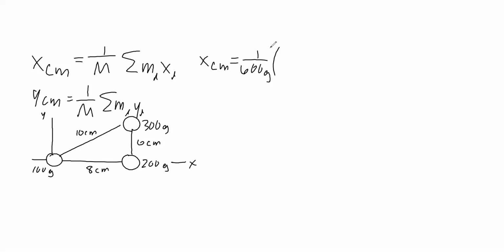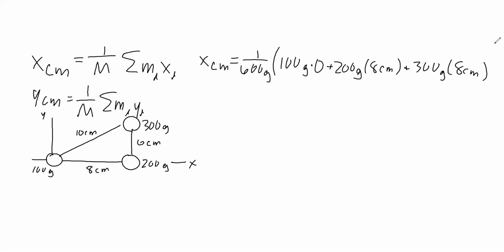It'll be 100 grams times 0, plus 200 grams times 8 centimeters, plus 300 grams times the same 8 centimeters. That's the unit grams, not the free fall constant. Put a close parenthesis there. So calculating that,